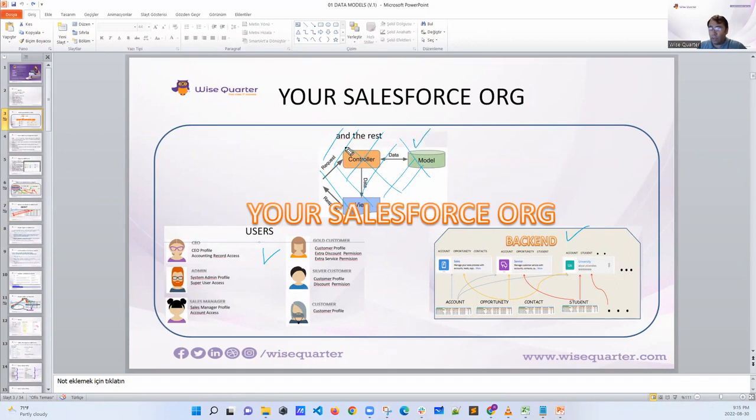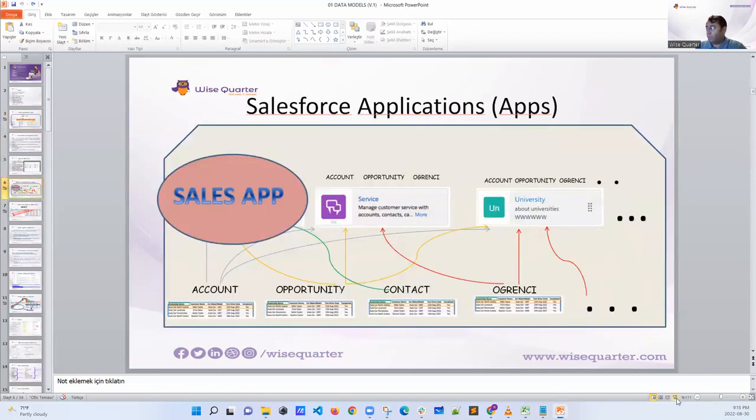Because they handle this part, becoming a Salesforce admin or developer is really easy, okay? We should handle the backend, which is the database and users, that's all. Okay, what is backend? Let's go and see this. Backend means, my friends,